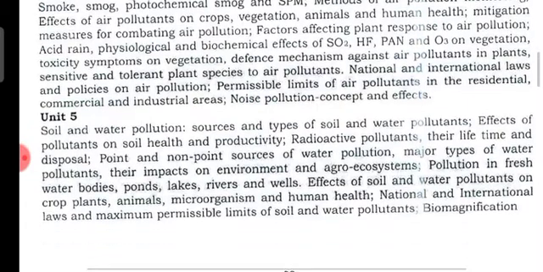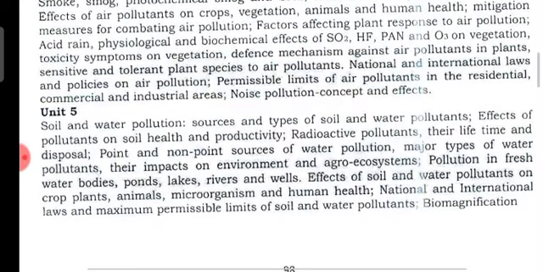plants, sensitive and tolerant plant species to air pollution, national and international laws and policies on air pollution, permissible limits of air pollutants in residential, commercial, industrial areas, noise pollution concept and effect. Unit number 5 includes soil and water pollution, resources, types, pollutants, effects, and so on, and radioactive pollutants and their